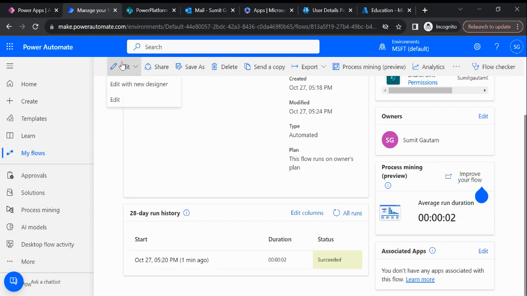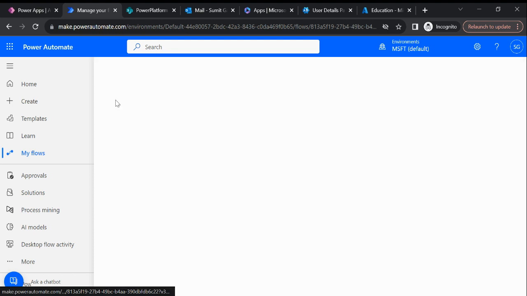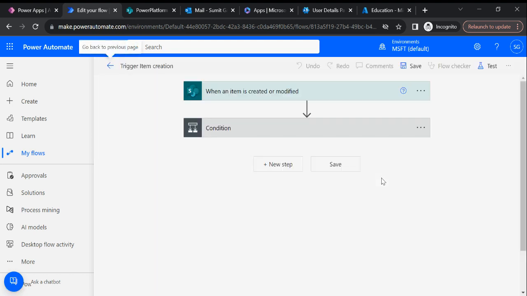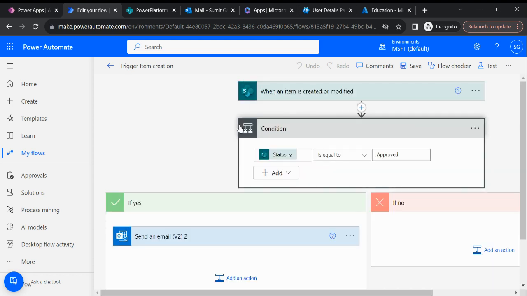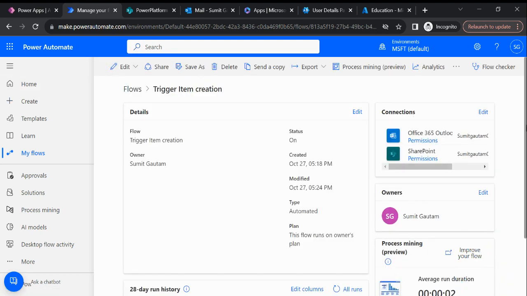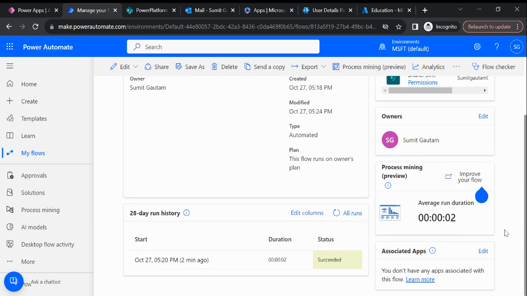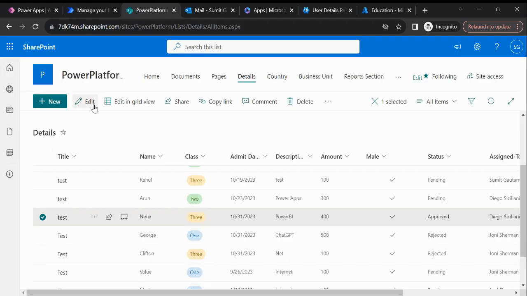Why is it not running? When an item is created or modified, this is correct. This is also correct. Status is approved. Okay, let me